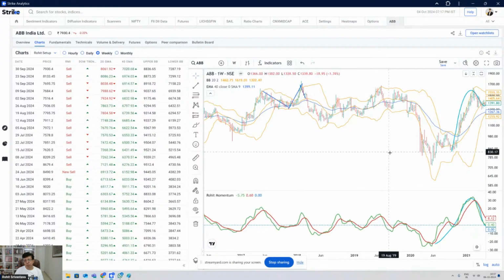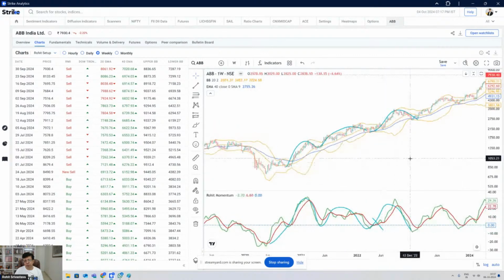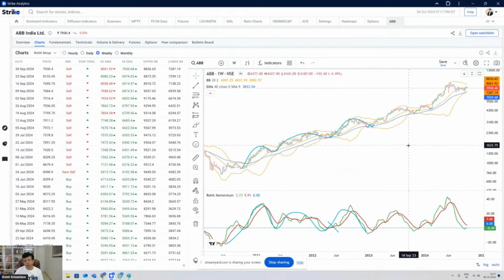And our job is not to judge whether it's working now or not. Our job is to judge which are the stocks on which it is working and trade only in those stocks. अरे जिस पे काम नहीं कर रहा है उसको ट्रेड करने की जरूरत क्या है? हजारों स्टॉक्स लिस्टेड हैं बाजार में. So that is the point of the whole system. The purpose of the system is not you trade anything and everything. Okay, when there are 5,000 stocks listed, but you trade those which are giving you a good signal, where the setup is good, where it is trending, where it is holding support and doing something like what I'm showing you